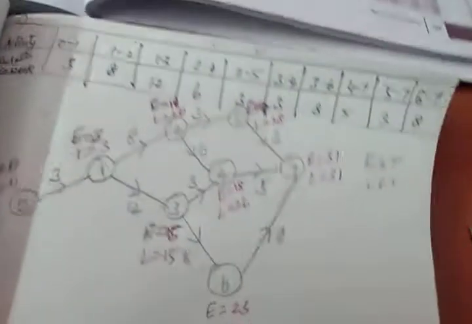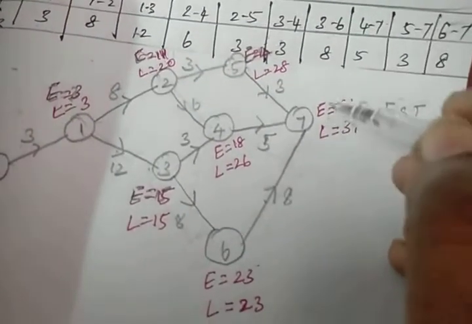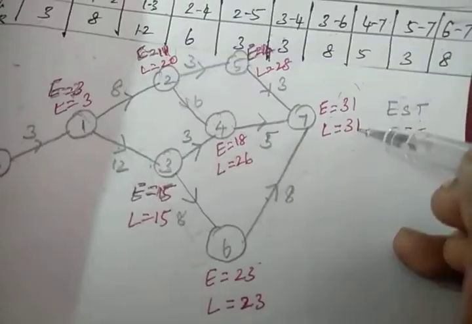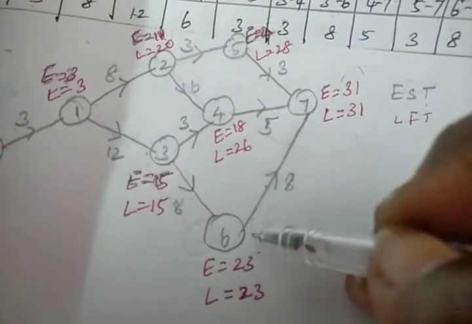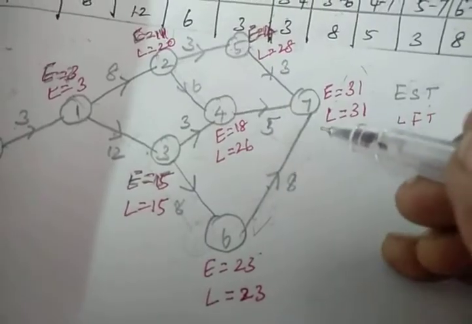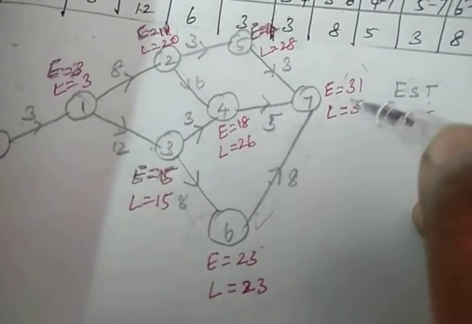Now let us find out the critical path. Wherever the E value and L value are similar, you have to join those similar nodes by another opposite line, to indicate the critical path. See,